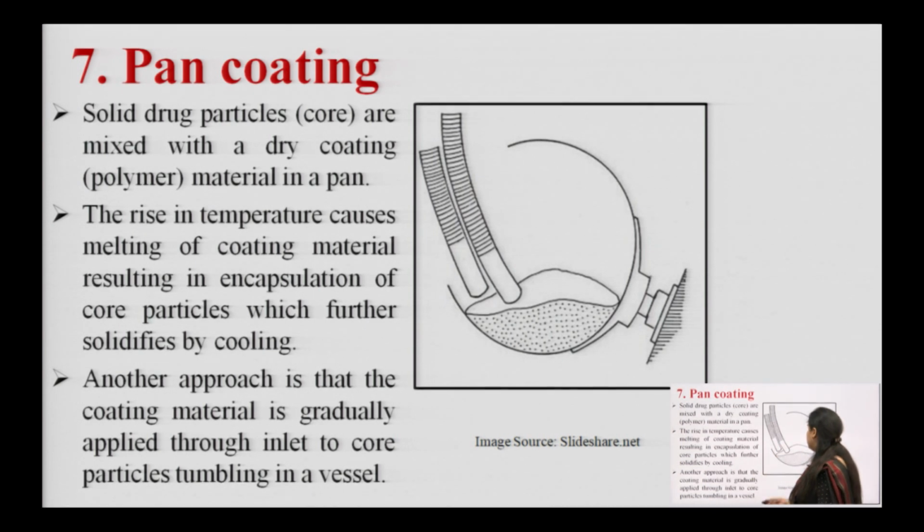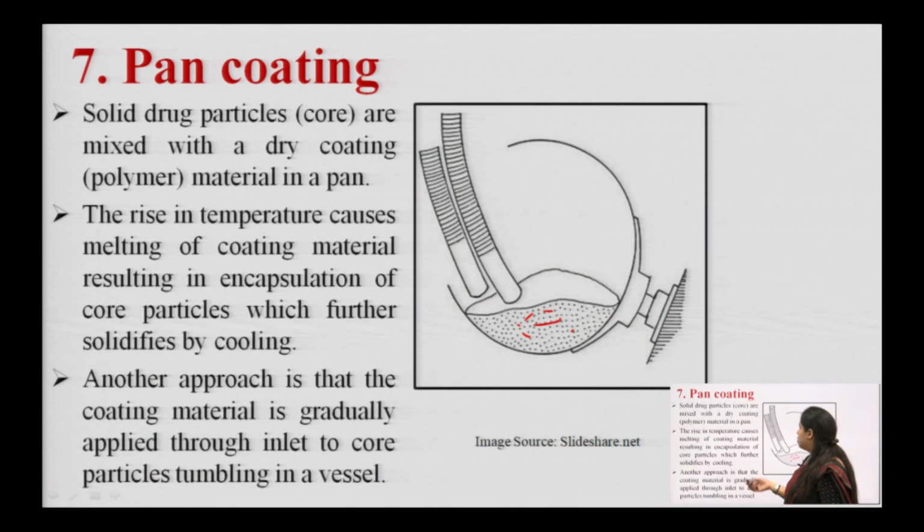So, here you can see the apparatus. Two pipes are fixed in the cylindrical tank, through which one pipe is for the hot air stream, and another pipe is for spray of polymer coating, and these dot particles represent the drug material which are kept inside the container. Now, the hot air stream will lead to the evaporation or solidification of the coating, and the other pipe is for spraying polymer solution onto the drug particles, while the tank is continuously rotating on its axis, so that uniform coating